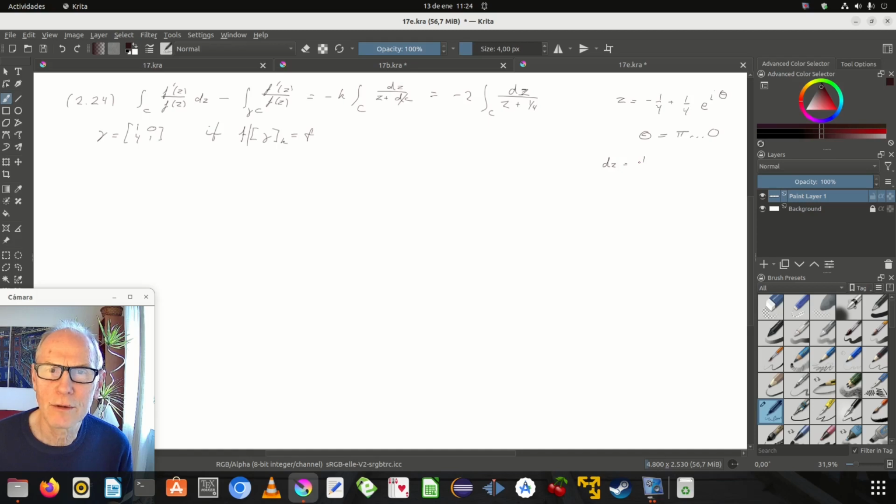D zeta equals 1/4, imaginary unit. So the integral becomes -2 times the integral from pi to naught, dz is I divided by 4 d theta,